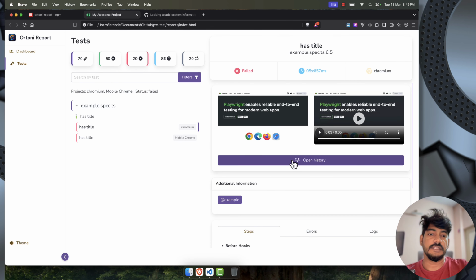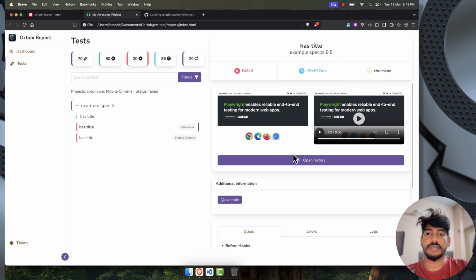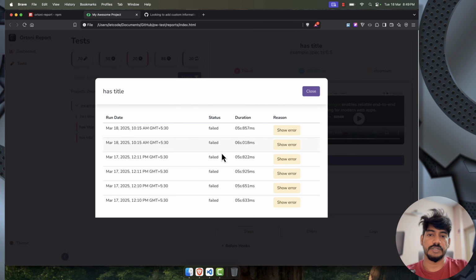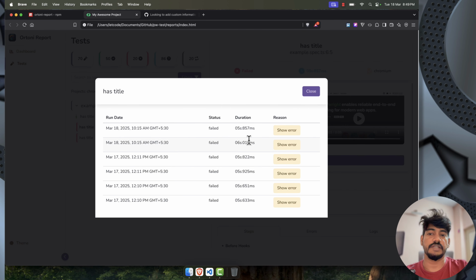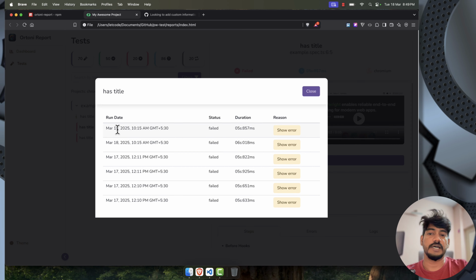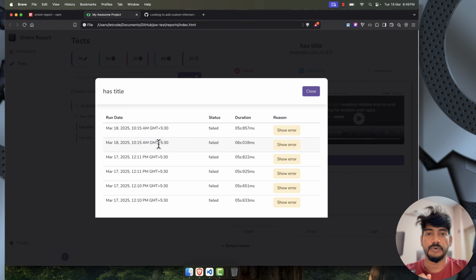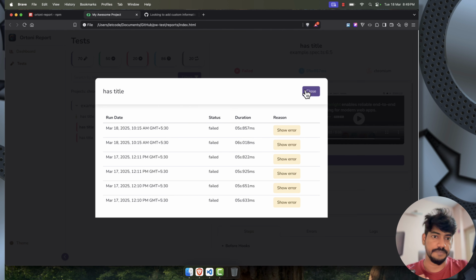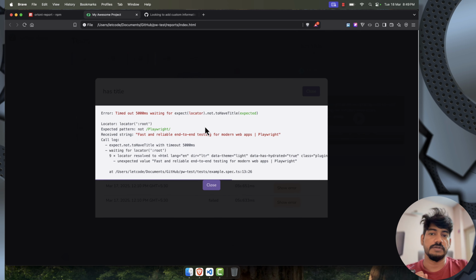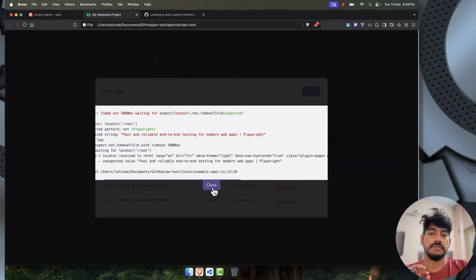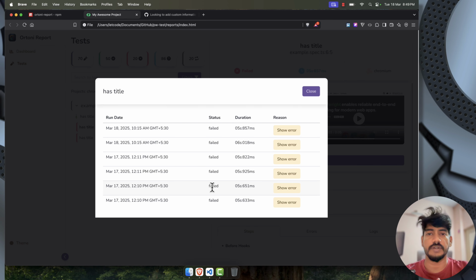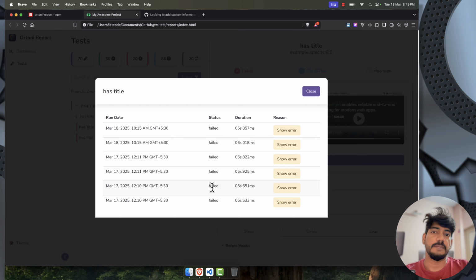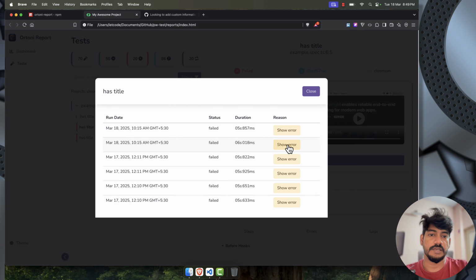Then we have the unique feature compared to any other, that is the open history. Here you can see the number of executions I have tried from March 17 to March 18. Basically it can hold up to the last 10 executions. And of course you can click on this, you can see the error message, why it fails. The failure can be of different reasons based on your application execution, but of course we can see all